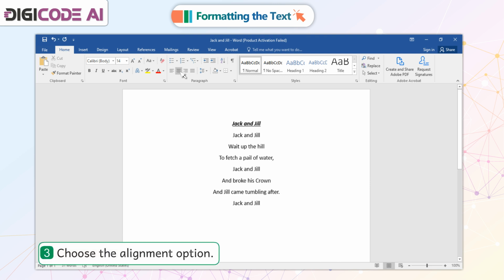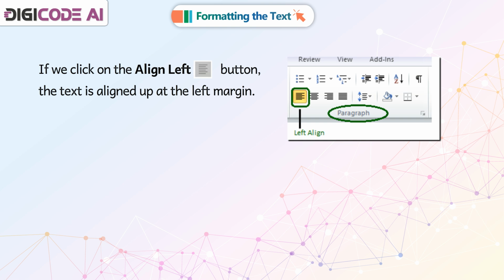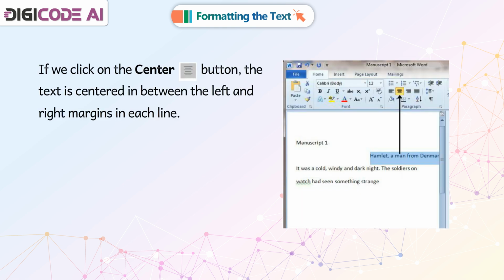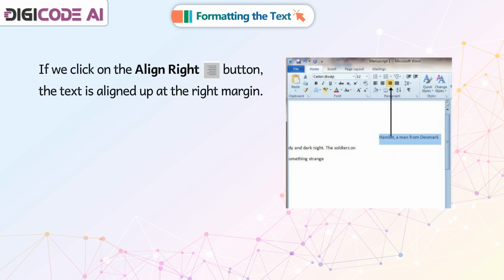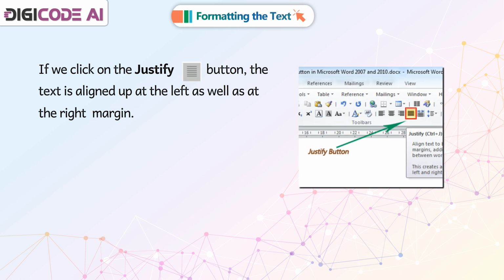3. Choose the alignment option. If we click on the Align Left button, the text is aligned up at the left margin. If we click on the Center button, the text is centered in between the left and right margins in each line. If we click on the Align Right button, the text is aligned up at the right margin. If we click on the Justify button, the text is aligned up at the left as well as at the